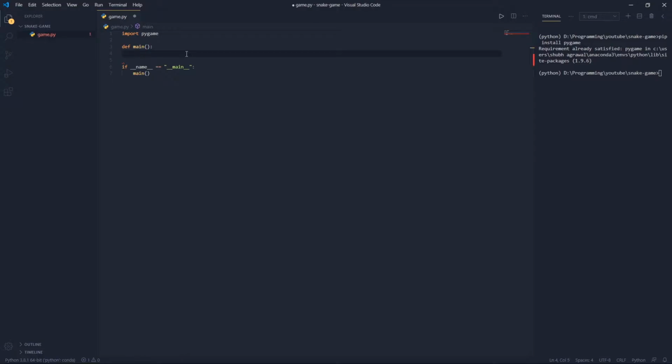So in Pygame, we have to make a window that will display all the contents of the game to the screen. So for that, we will first make a global variable, and now we have to initialize Pygame. Now we can do this by simply pygame.init. This code will initialize the Pygame module, and now we have to actually create the display. Now here we have created the variable. We will use this variable